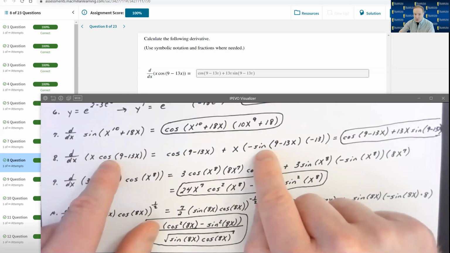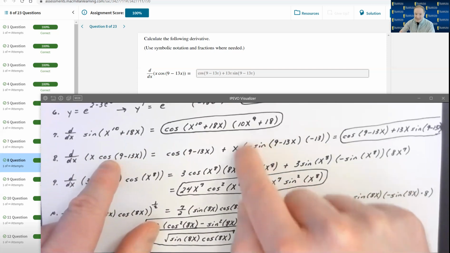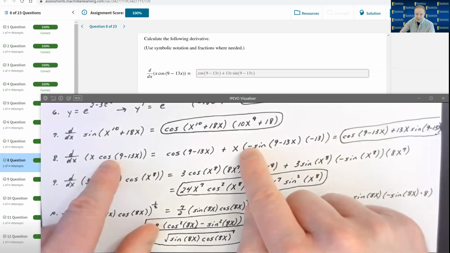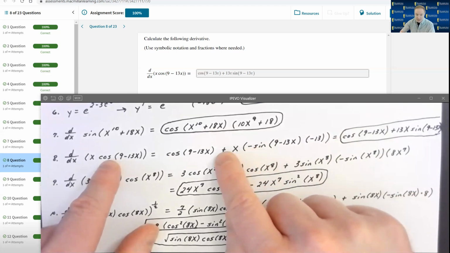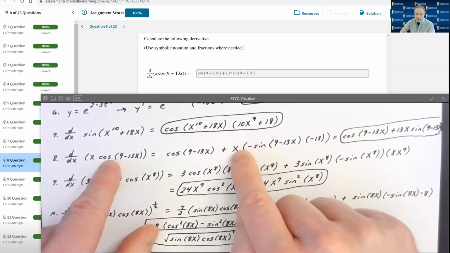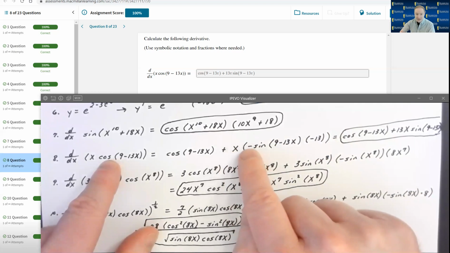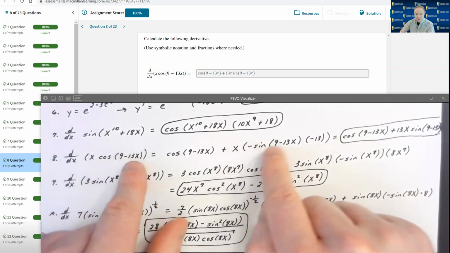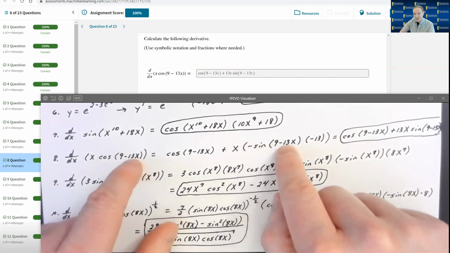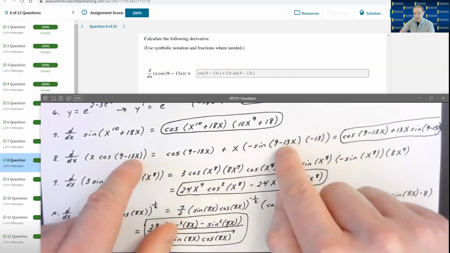And remember, if you're showing your work on paper like that, it's absolutely mandatory that you have this negative here, or else just go ahead and change the sign out in front. If you have x and then this negative sign without that parentheses, it's understood to be x minus the sine of that angle, which is terrible. It's x times a negative sine of this angle, 9 minus 13x, and now the chain rule says, oh, you've got to multiply by the derivative of that angle